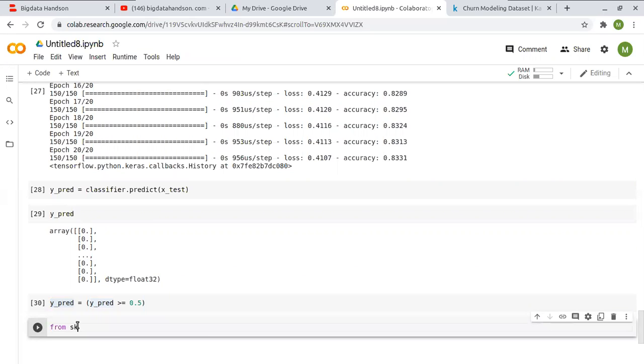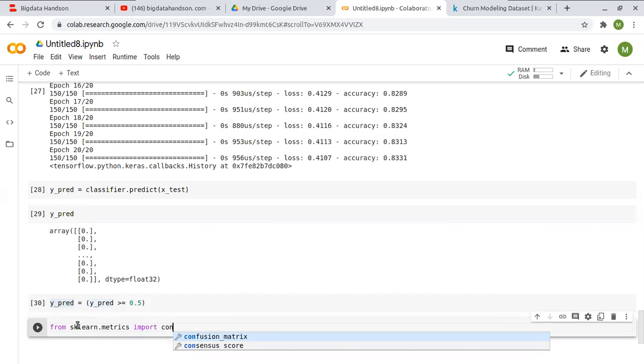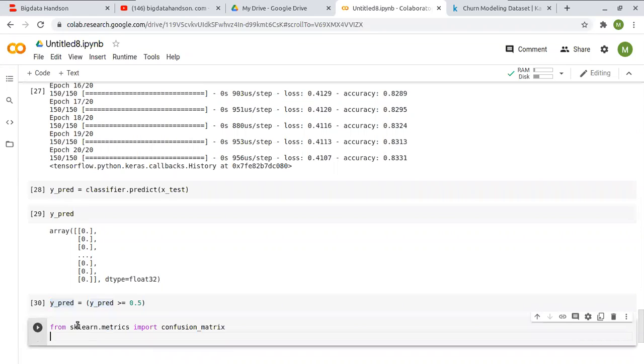You can compare it with the confusion matrix. You can import the confusion matrix. Cm equal to confusion matrix. You want to give the y test and the y pred.